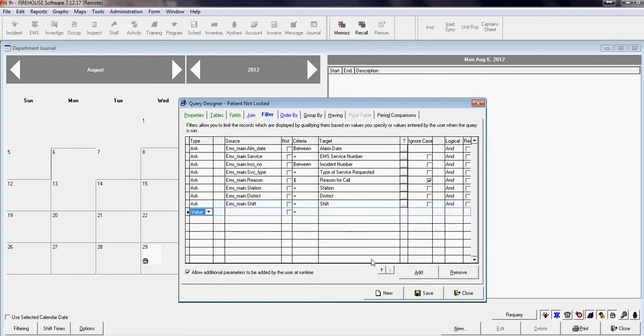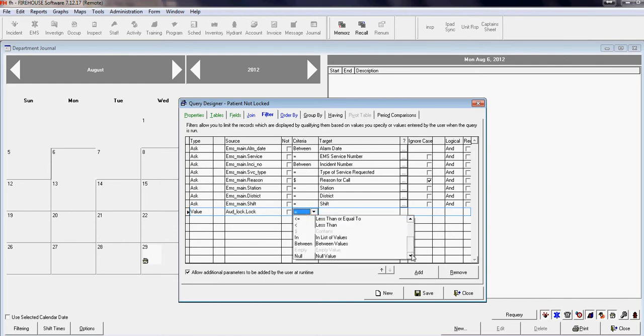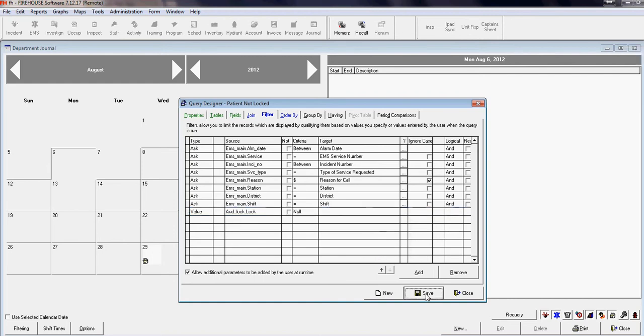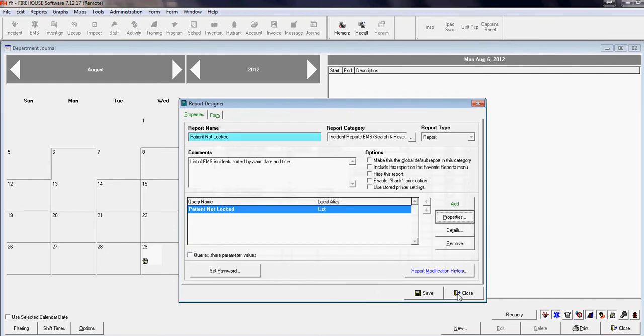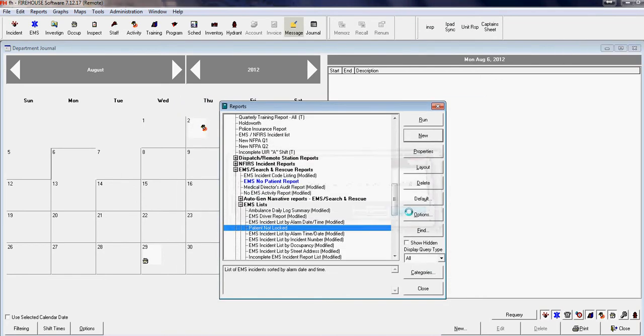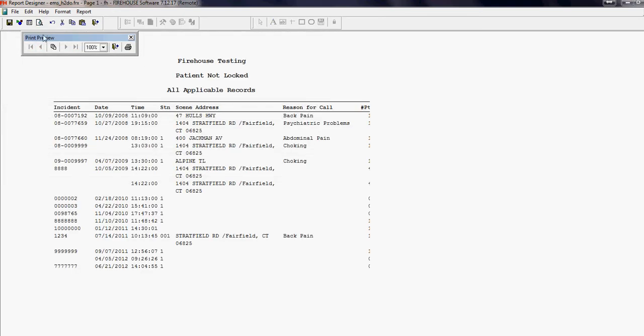On our filter, we want to add a value of the audit lock. And right now, I'm going to just leave this as we'll show you. I'm going to do two. I'm going to do one where it is null. So this should show me all of the ones that are not locked. Now I have a couple of fields here that are calculating in the original report that I just want to get rid of. But if I take a peek here,